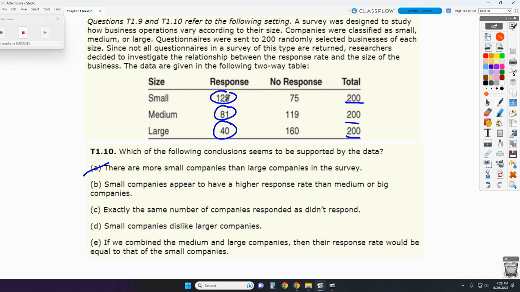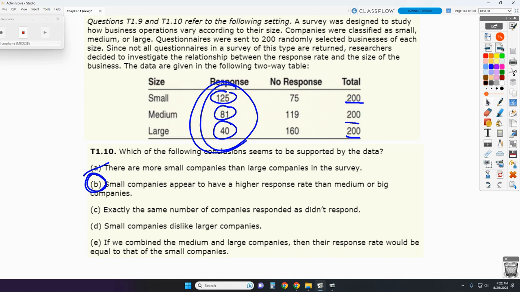That seems to be true here, right? Since they're all based out of 200, again, we can just compare these. And that would be our answer. So the rest of these would all be incorrect. If you want to go through and see why they are incorrect, you certainly can. But again, once you find the right answer, and if you're sure that's the right answer, you can feel confident